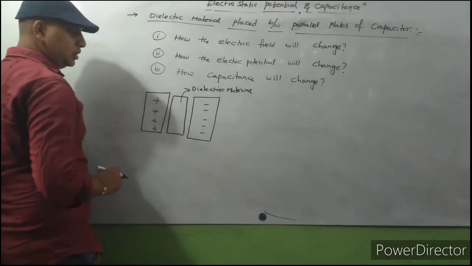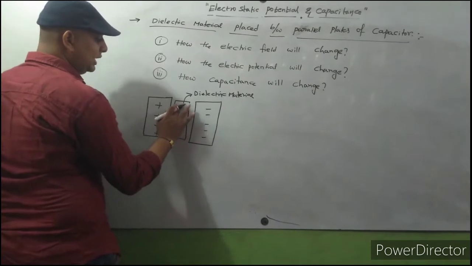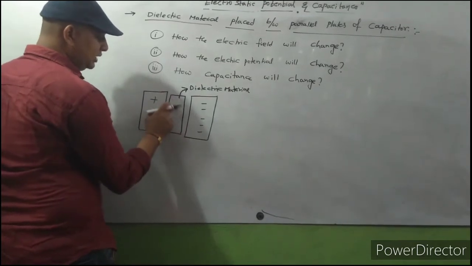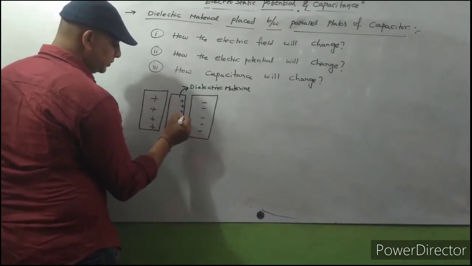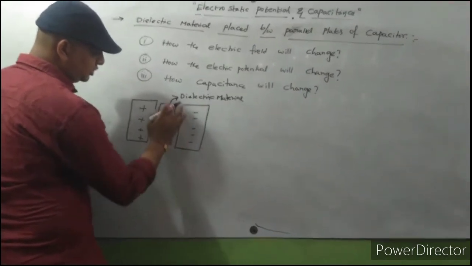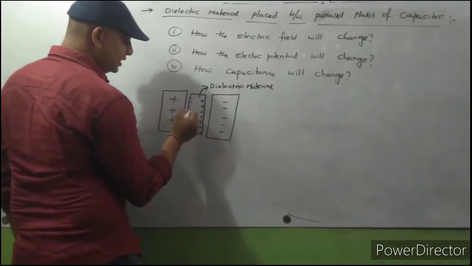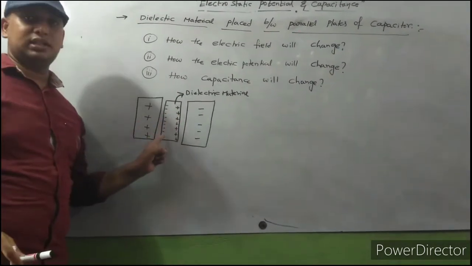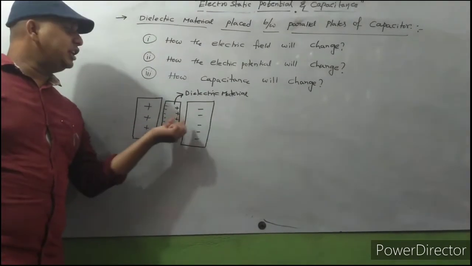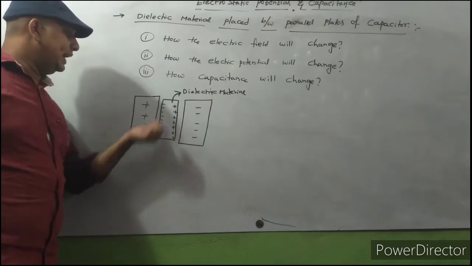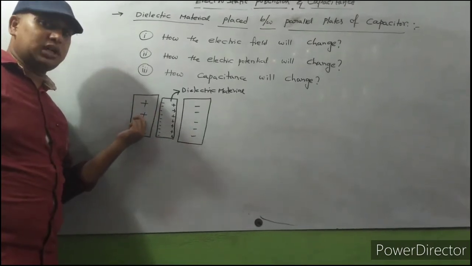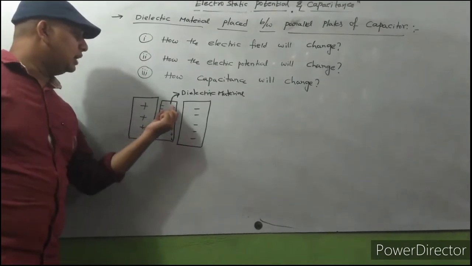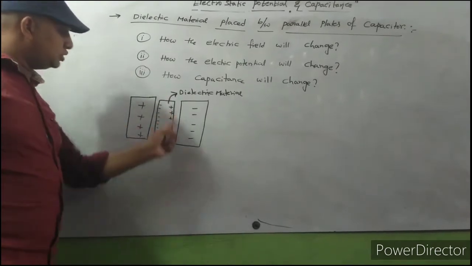This is the dielectric material. This is a negative charged sheet, which means this dielectric material should contain some freely moving charge carriers. Positive charges are situated at this end, negative charges at this end. Why? The dielectric material contains positive and negative charges. Positive charges have an affinity to be attracted towards the negative sheet, and negative charges are attracted to the positive sheet. That's why negative charges are localized here and positive charges are situated here.